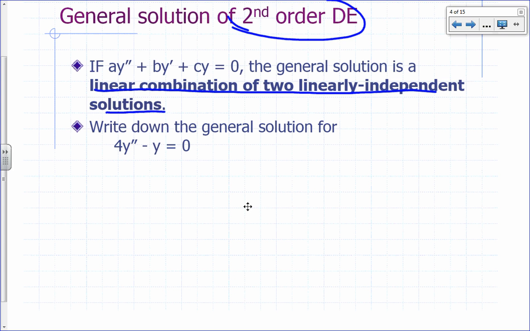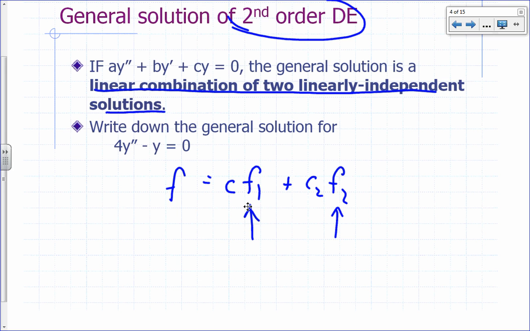So if you integrate twice, you get two integration constants. And so if f1 is a solution and f2 is a solution, then the general solution f is going to be c1 f1 plus c2 f2, a linear combination,